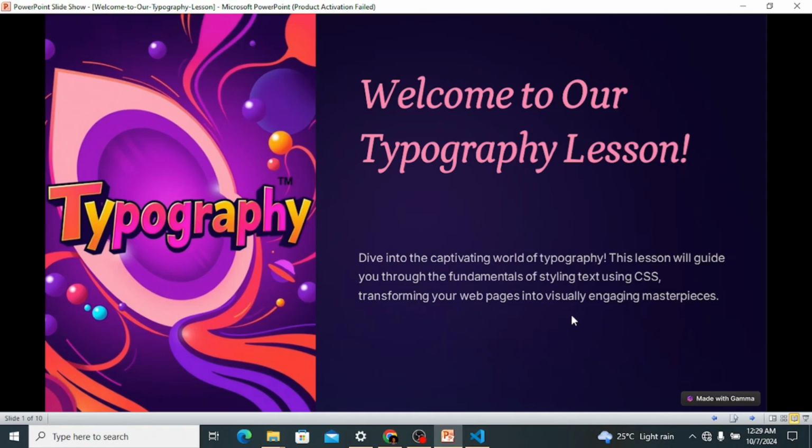Today we will be diving into the captivating world of typography. Yes, typography, and how we can use typography to style our text effectively and to style our page beautifully. Now, typography is more than just making text look pretty. It gives character and personality to the words we see on our web pages. Whether it's a blog, an article, or an online store, typography plays a crucial role in how information is presented